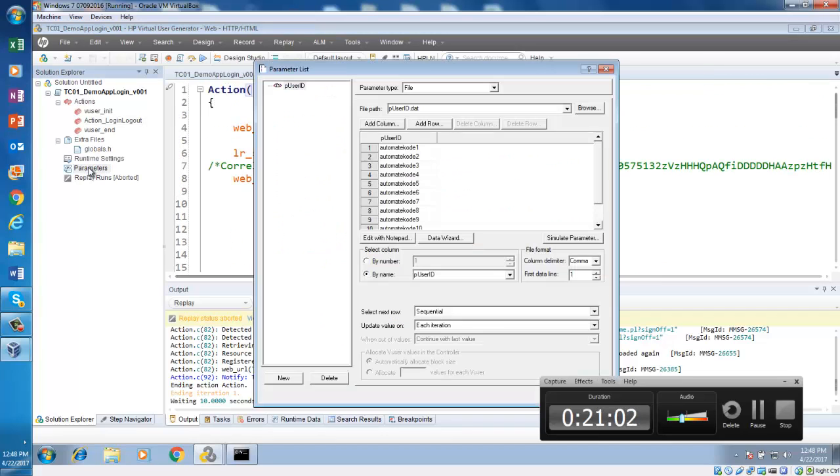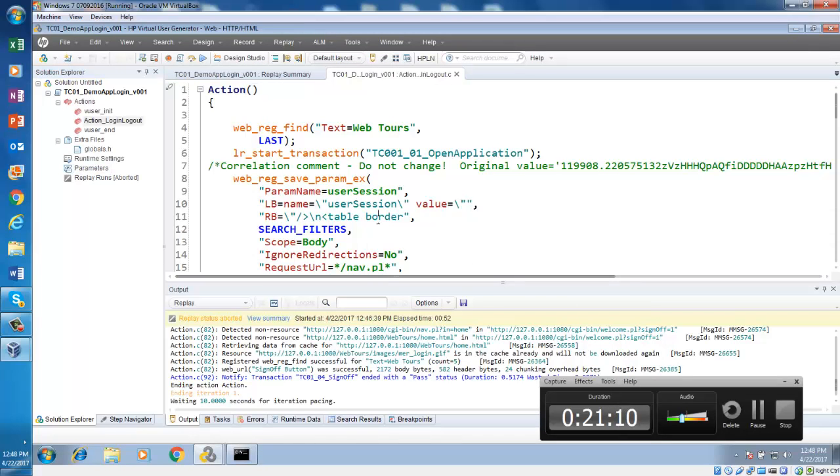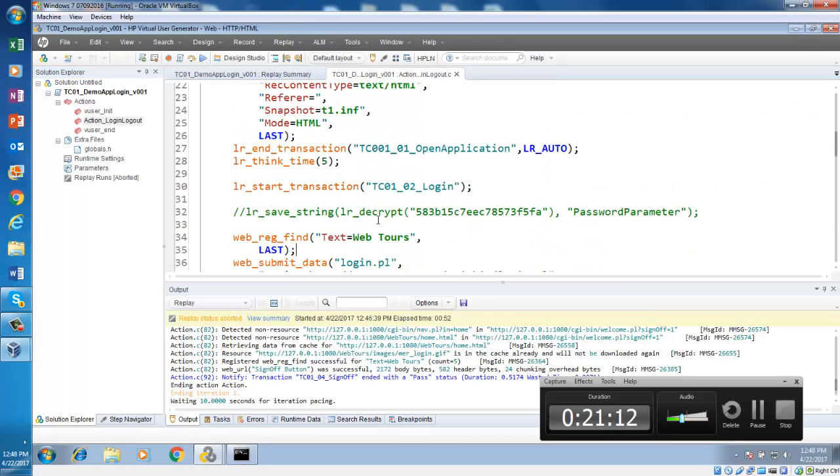And your parameter file, you have. Sometimes it's not automatic, or is it? No. You need to put it there. Think time, you need to put it here in the script. In between, can you see here one of the transactions is ending, here one of the transactions is starting. In between the end transaction and the start transaction, you need to have a think time. So this script is good.